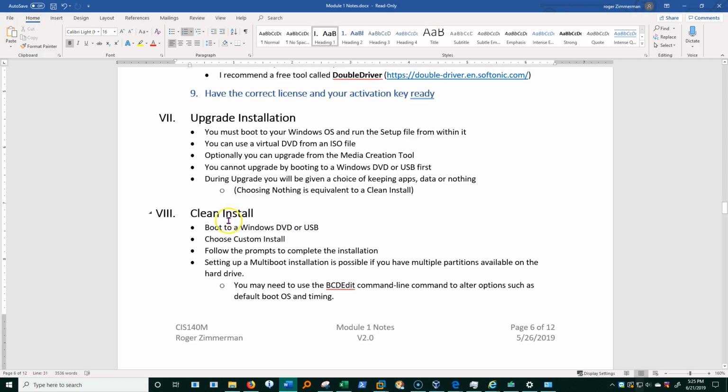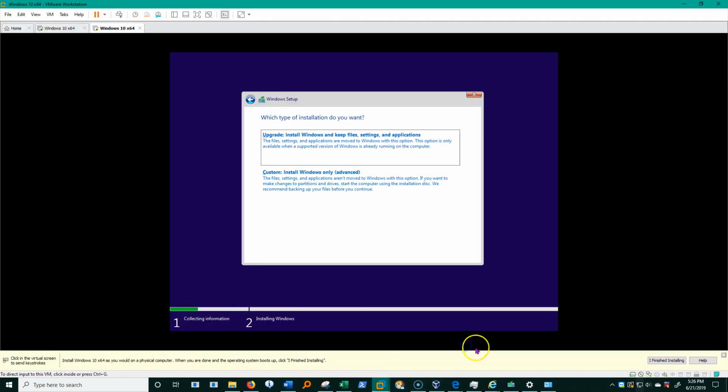Now, if we do a clean install, first of all, we need to boot to the Windows DVD or USB. So we're going to boot to the drive, to the disk, not to the hard drive. And then we're going to choose custom install. What I mean by that is partway through that installation, I'm going to come to a window that looks like this: upgrade or custom. This is a lie.